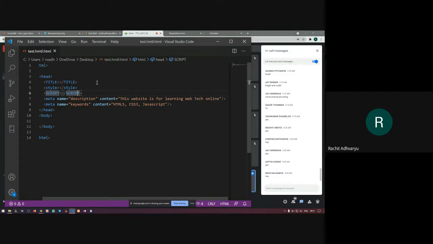Now let me say that if I want to add an icon to my web page, then where should I add my icon and how to add it? Two questions: where to add, how to add. Tell me. If I wish to add an icon to my website, in which particular section should I add my icon? Tell me. I also want the syntax. Let's say the icon name is icon.png. So now try to add that and tell me where and how to add it.